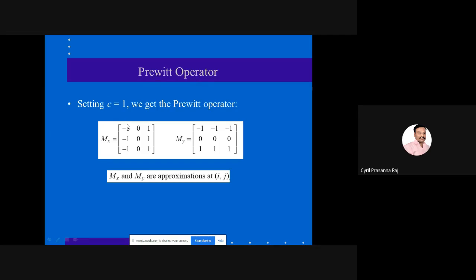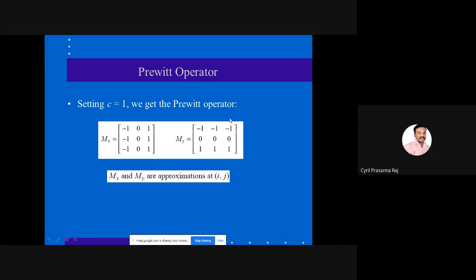In the one-dimensional mask, we had minus 1, 0, 1. Now here, they are trying to have minus 1, 0, 1, minus 1, 0, 1, minus 1, 0, 1. So they combine three masks, and this is along the x-axis. Then, instead of minus 1, 0, 1 on the rows, we have it on the columns.